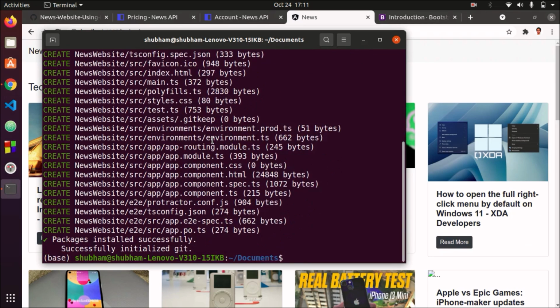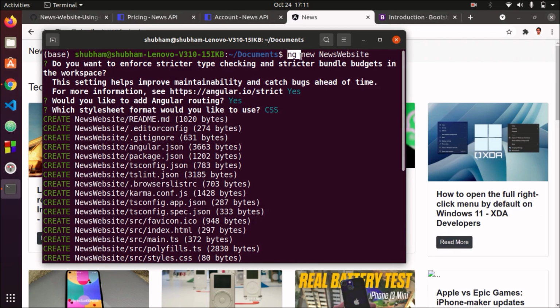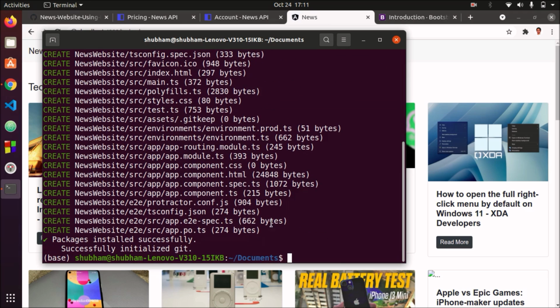I have already created a project by using the command ng new news-website, and I had also added Angular routing, and we are using CSS here. So I have created the project.